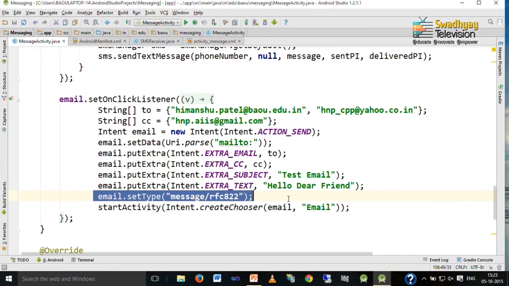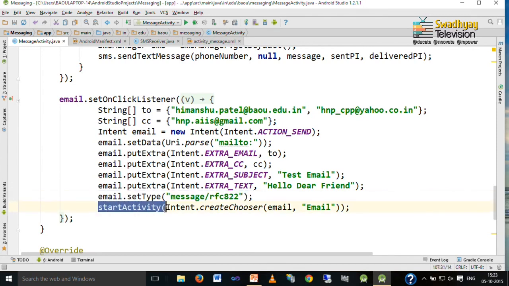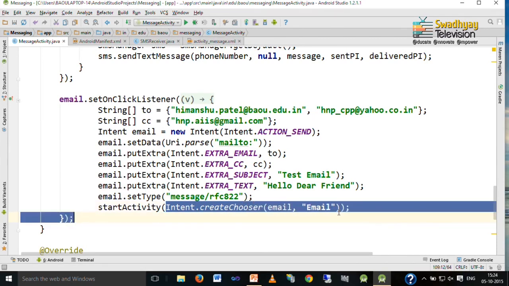In case of SMS or MMS, this MIME type is different, but in case of email you have to specify this MIME type, and finally, we start the activity. Now, remember, in our phone there may be email, Gmail, Ymail, etc. applications installed. So, here we call the Intent.createChooser method, where the first argument specifies the intent, and another is a title for our chooser.